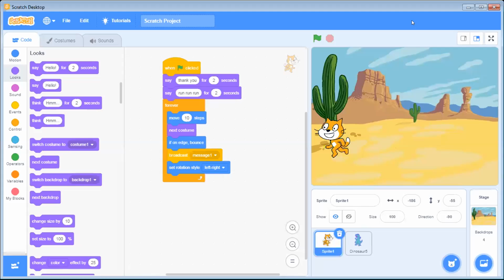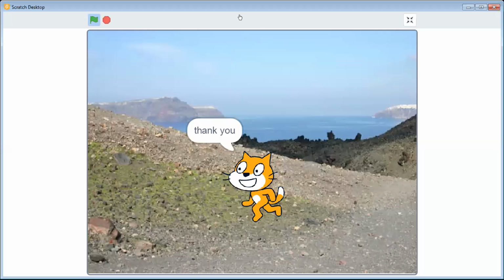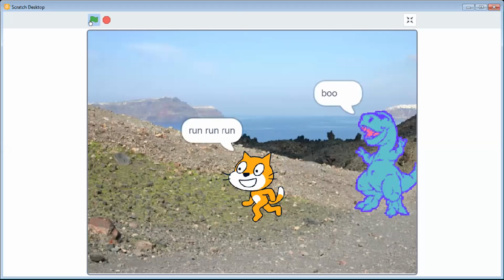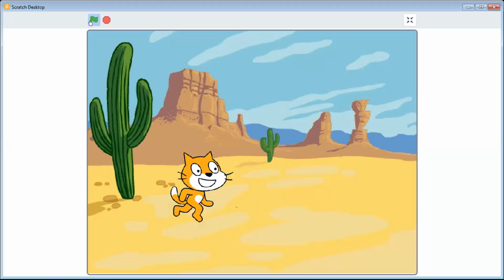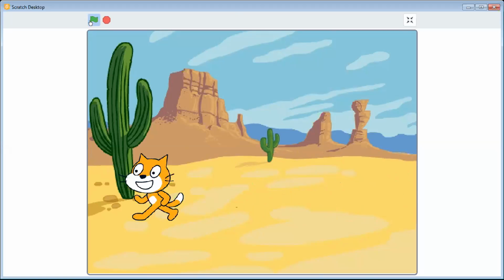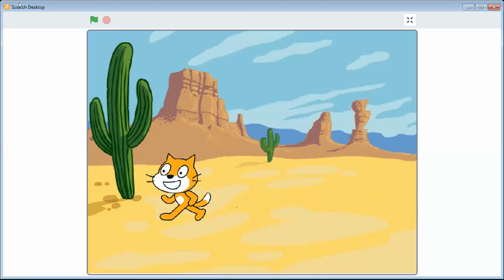Let's try to do something else. Can you place this cat over here? Okay. And now go full screen and run your code again. Okay, run. All right, thank you. Agam, do you know how to save your code? Yes, sir. Okay, so you can save it and I will talk to you again soon. Okay, thank you.